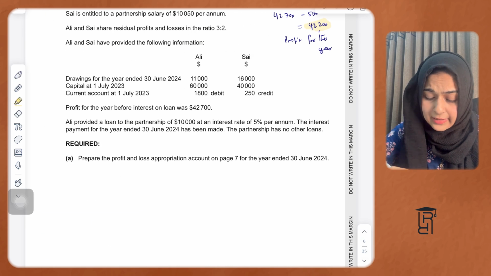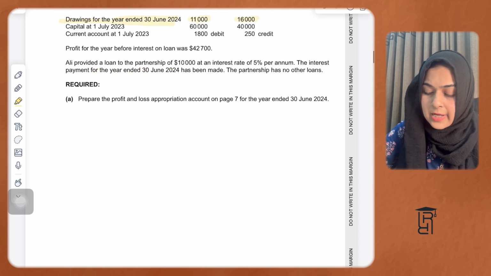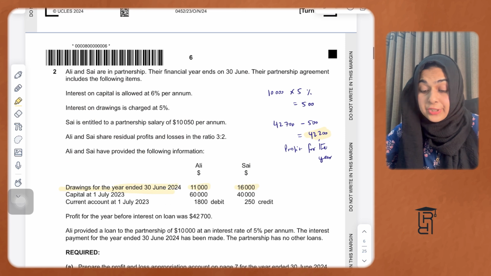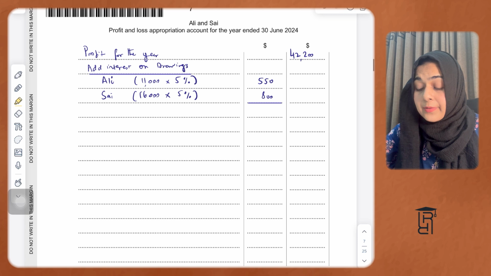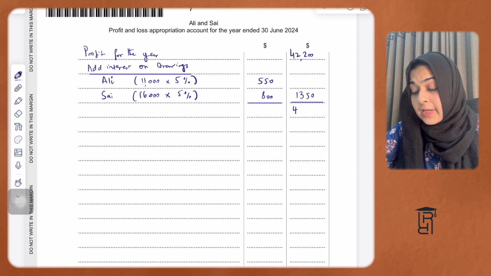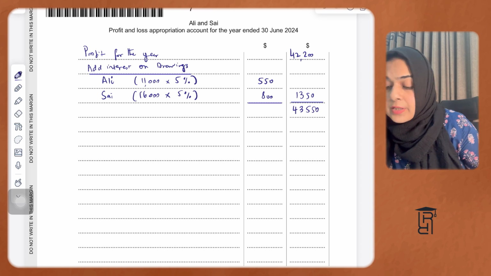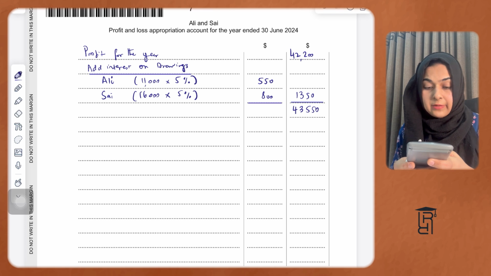So basically I have taken drawings for the year ended 30th June 2024 from this question, and for Ali it's 11,000, for Sai it's 16,000, and I have applied the percentage of interest. Interest on drawings is charged at 5% per annum. The total of this is going to be 1,350. When I add 42,200 with 1,350, I will get 43,550. So 1,350 plus 42,200 will give me